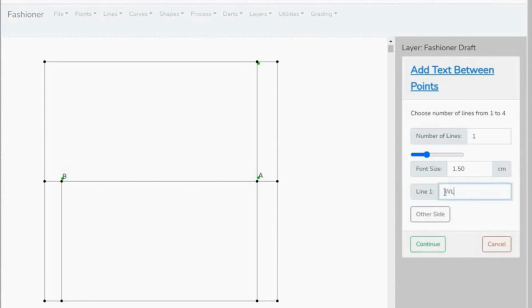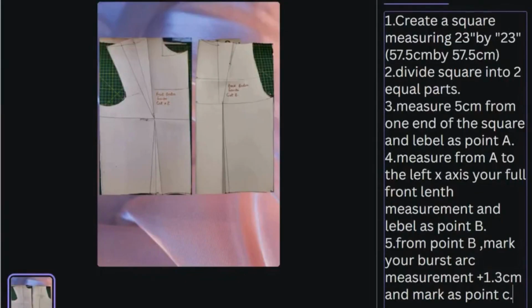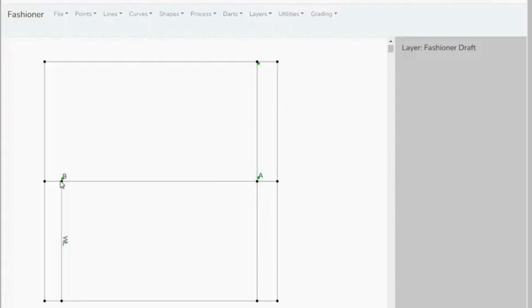You see how I'm able to write between 2 points. It's quite different from writing on the point. Once you go to utilities, as you saw, it's very simple. Now from point B, we are going to mark our bust arc on the waist line. My bust arc measurement